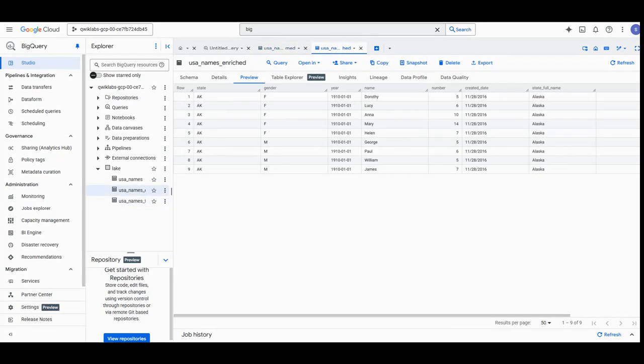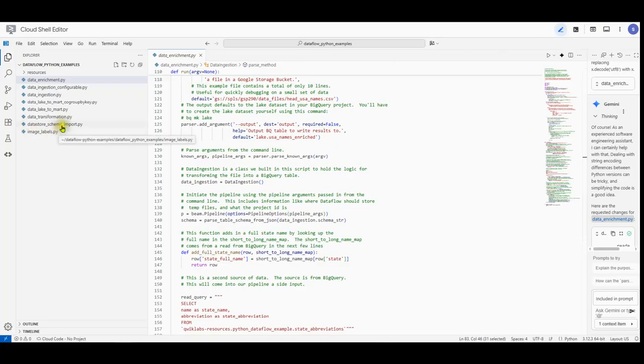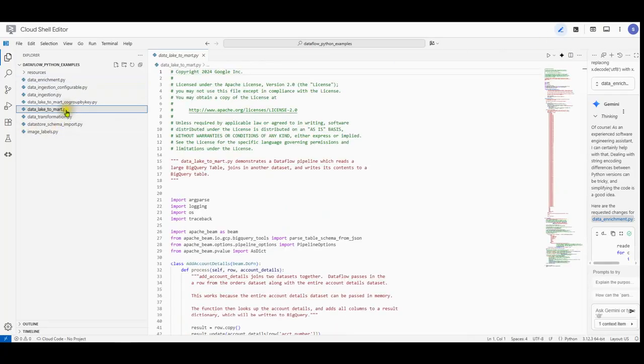Now in task 8, which is the last one, review and run the data lake to the data mart pipeline. Now you build a Dataflow pipeline that reads data from two BigQuery data sources and then joins the data sources. Specifically, you will ingest the file from two BigQuery sources, join the two data sources, filter out the header row in the file, convert the line read to a dictionary object, and output the row to BigQuery. Now go back to your Cloud Shell